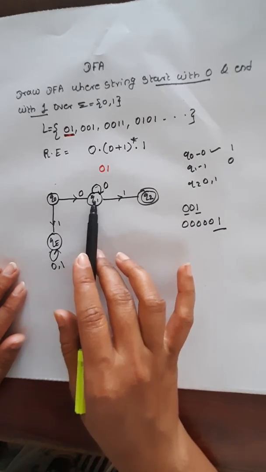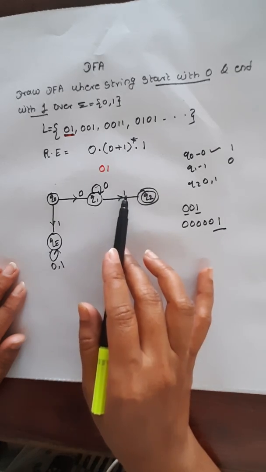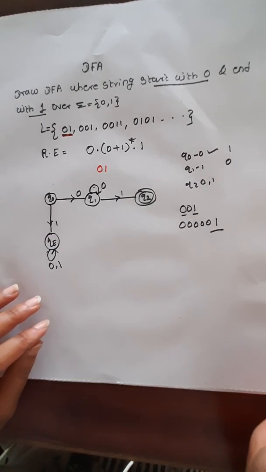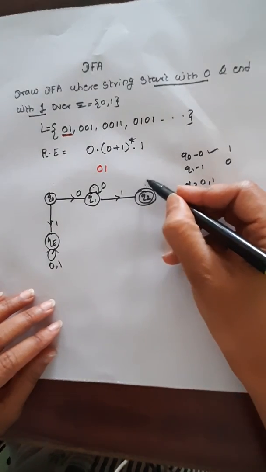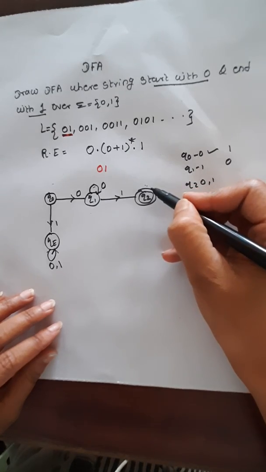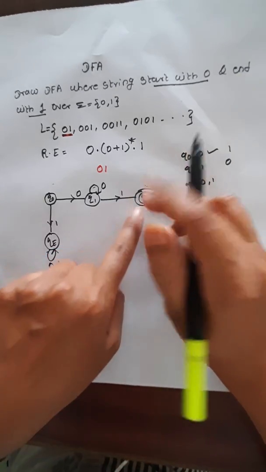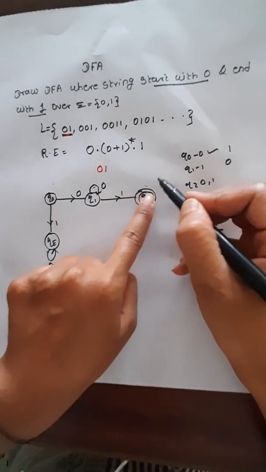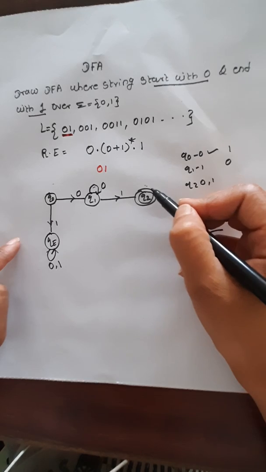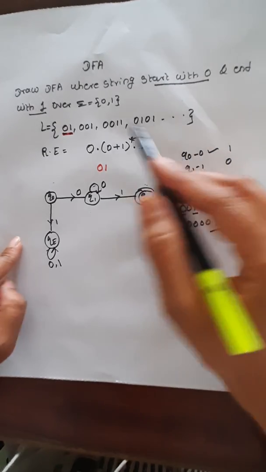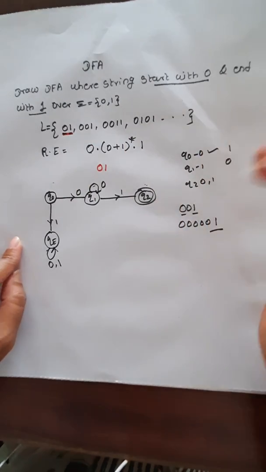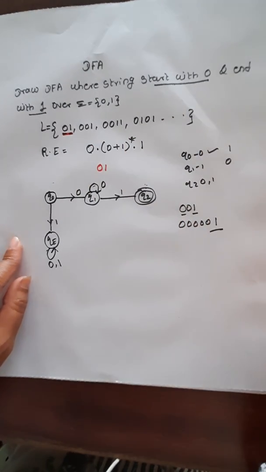So now check, Q1: 0 is finished, 1 is finished, both are finished. Now Q2's both transitions remain. First go for the first input symbol 0. Fine. See here, if I make the self loop of 0 on the Q2, what happened? If I make the self loop here, 0 0 1 0 means the string ends with 0, but in our question they are asking about ending with 1. So the self loop of 0 is invalid here.